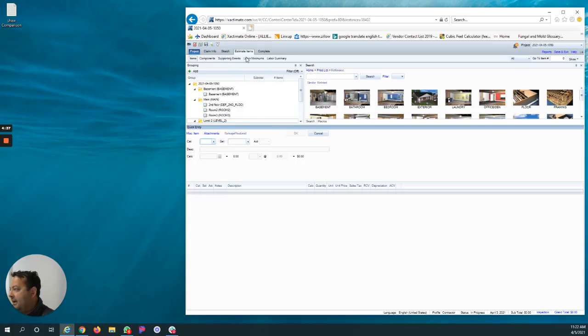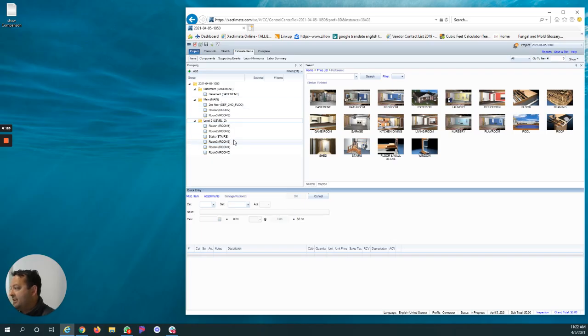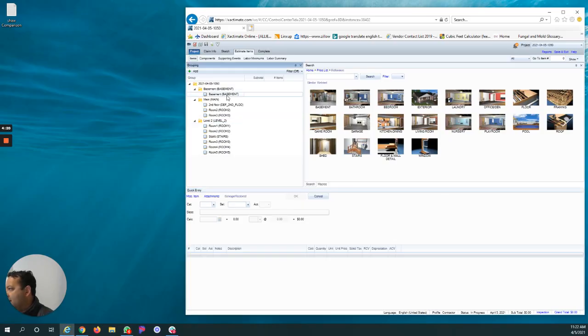So then I click over here to estimate, and I've got all the rooms that I've just sketched out in there. So now I need to start plugging in some of the actual work that is going to be done in those levels. So let's start with the basement. If I click on basement, I'm going to have an empty section, but what I'm going to do is some water extraction